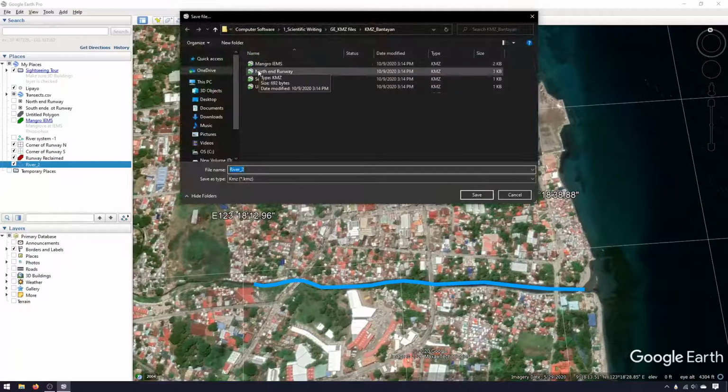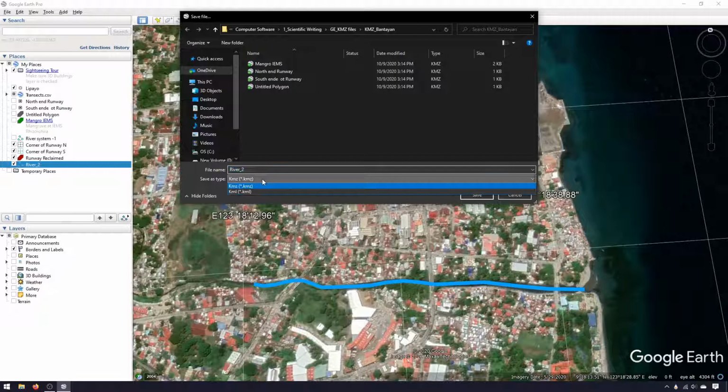You can click save place as. In this case, it is a KMZ file, and the KMZ file is recognizable by other software such as QGIS, Surfer, ArcGIS, and a lot of others, because it's one of a few file formats that's universally recognizable by mapping software or GIS software. Okay,